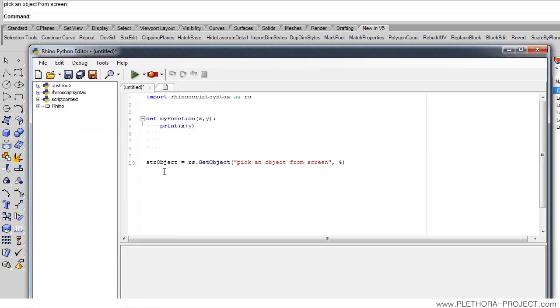So the script starts running, it asks for an object to pick from the screen, and we can do something with that. We're not doing anything right now, but we will, right? So let's change this function right now. Let's remove this and let's change this. My function would receive an object and a translation, right? So inside the function, we're gonna call